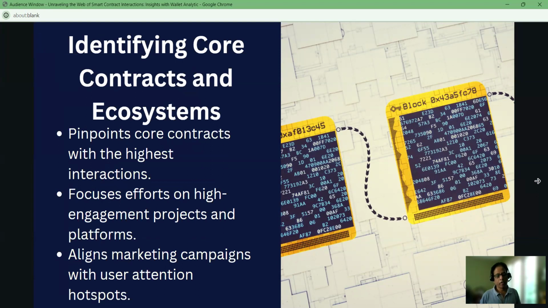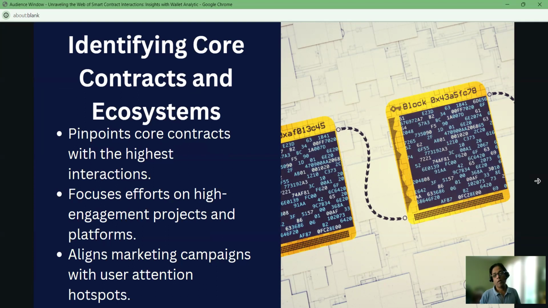So once you identify how well your customers are using your smart contract application that you are managing and also your competitor smart contract application, you can fine tune your marketing strategies. Say you are creating content and you identify that your customers are going to some new platform, then you can identify if you need to create content to support your customers to help them to understand the new platform they are interacting with, or if you want to bring them back to your smart contract application, you can